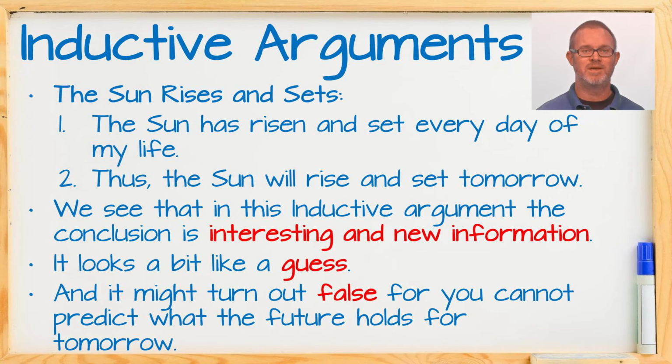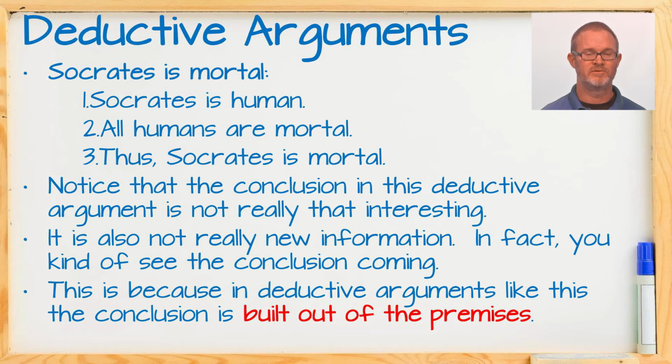It's almost a guess, and it's also quite new and exciting information, right? Guesses and predictions are like that. They're exciting and new, and they may turn out to be false, and so it's a bit interesting, right? On the other hand, with a deductive argument,